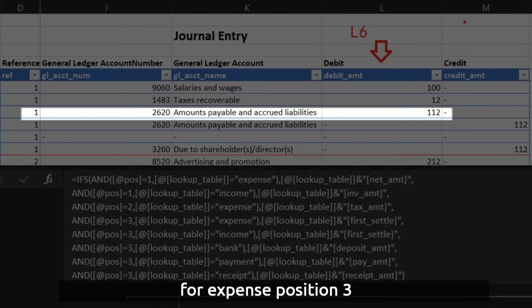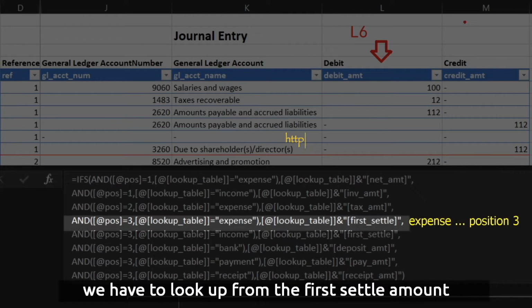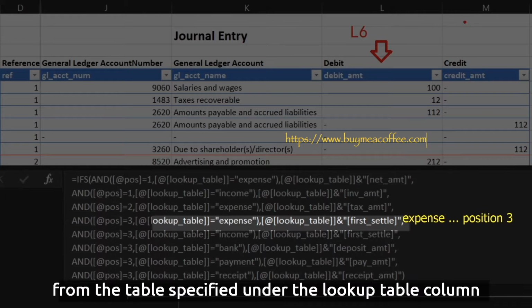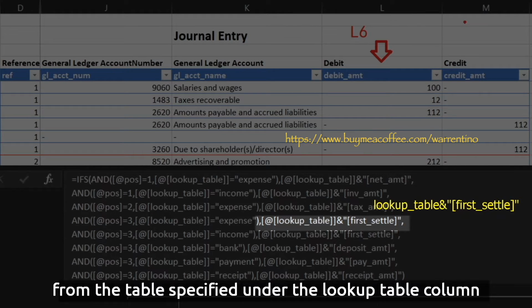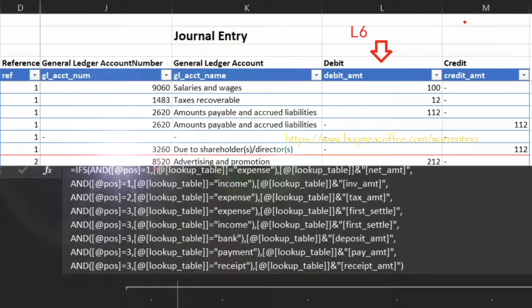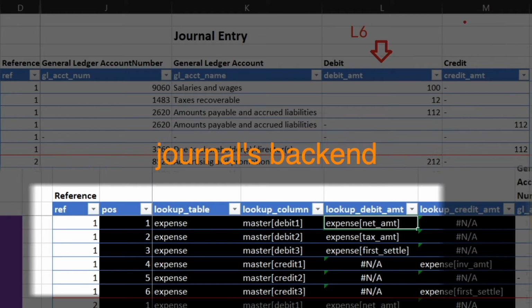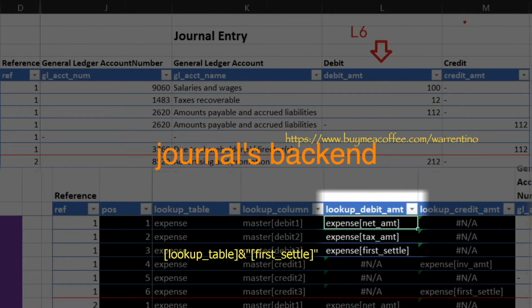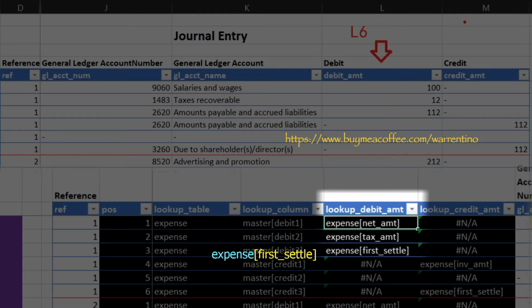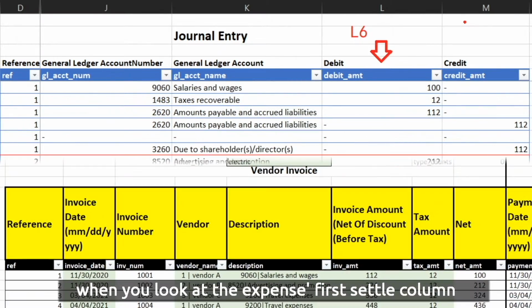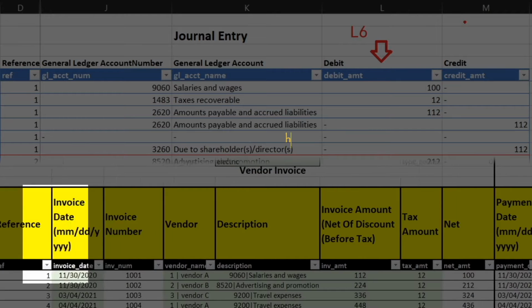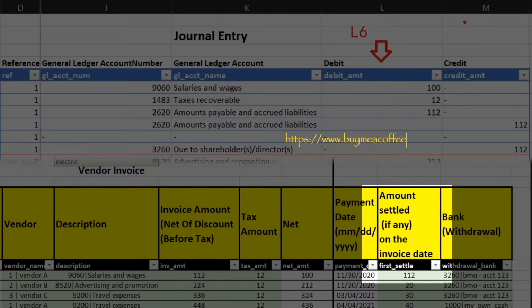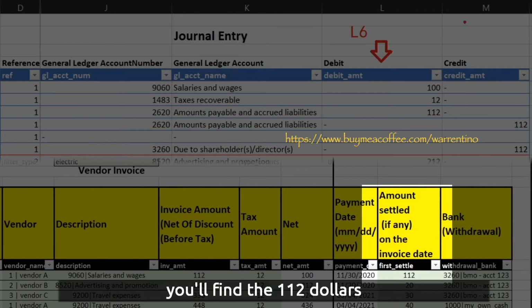For expense position 3, we have to look up the first settle amount from the table specified under the lookup table column. When you look at the expense first settle column, you'll find the $112 for position 3.